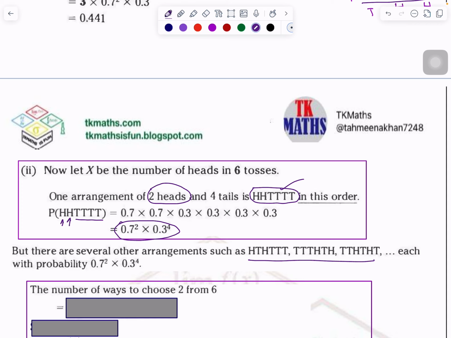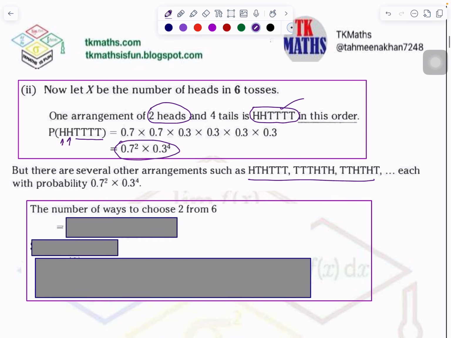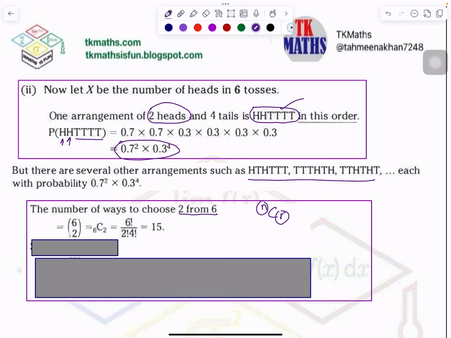Now I cannot write them all because I can miss out. I can make a mistake, right? Because there are multiple cases. So we have learned in permutation and combination that if we have to select a certain number from the total, what do we use? Absolutely right. You use nCr, which means total are n and you have to select 2. So similarly, you have to choose 2 from 6. So this is the meaning of it. 6C2. You can use a calculator or you can use it like this. Simple. It means there are 15 ways.